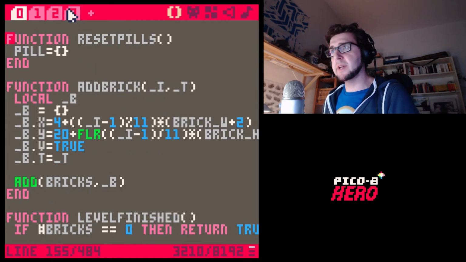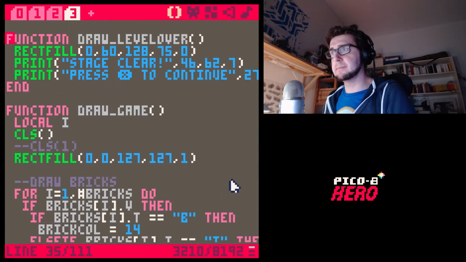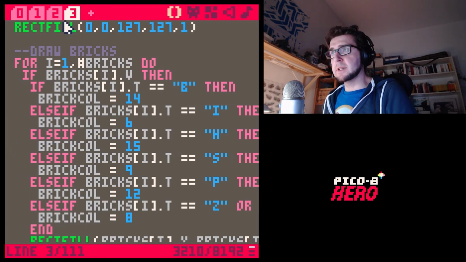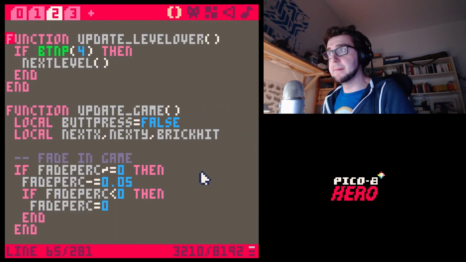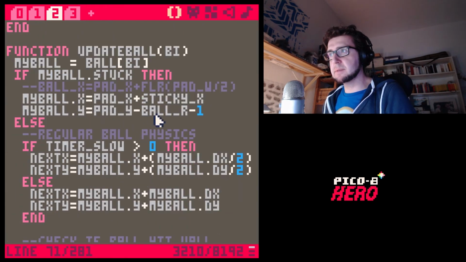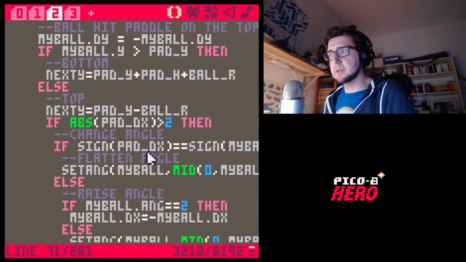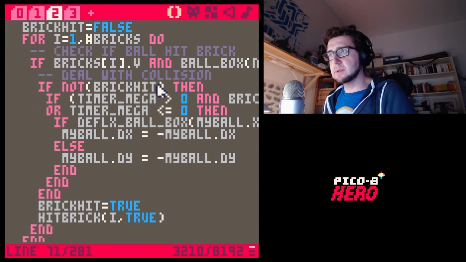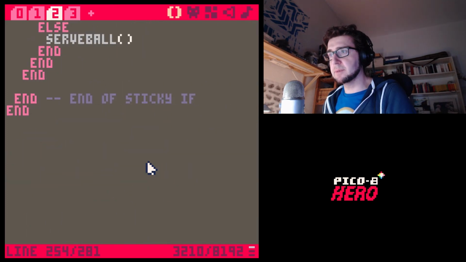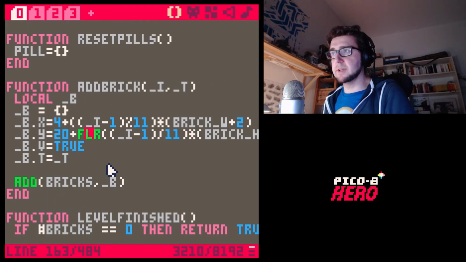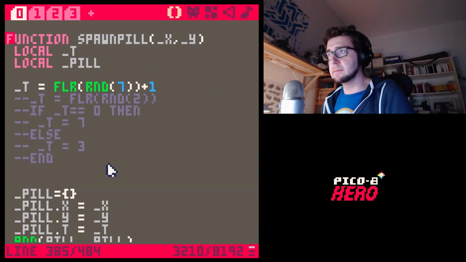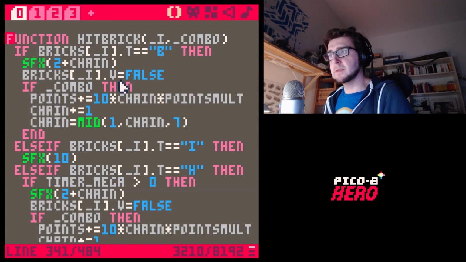So let's see where we're actually hitting the bricks. That's an update function, obviously. Where are we hitting the bricks? Power timers, update ball. Yes, that's good. Check if ball hit pad. Check if deal with collision. There we go. Brick hit equals hit brick. We're gonna go to hit brick. So that's where things are happening, where we go hit brick. There we go, hit brick. If it's a B,